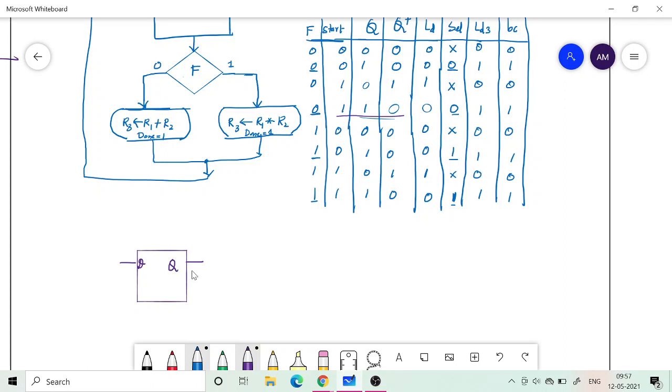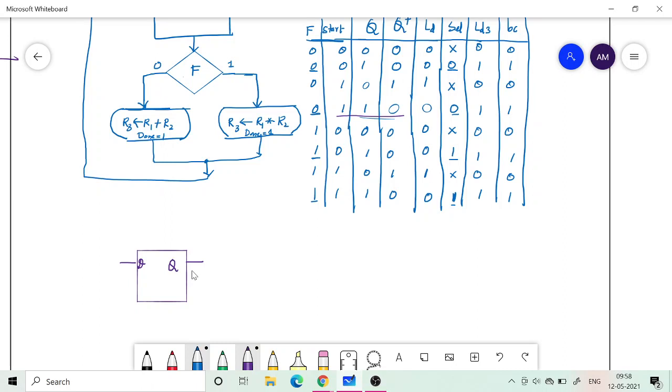Now what should be my next state? If you look here, the next state is going to be 1 only under one condition, that is when start is equal to 1 and Q is equal to 0.